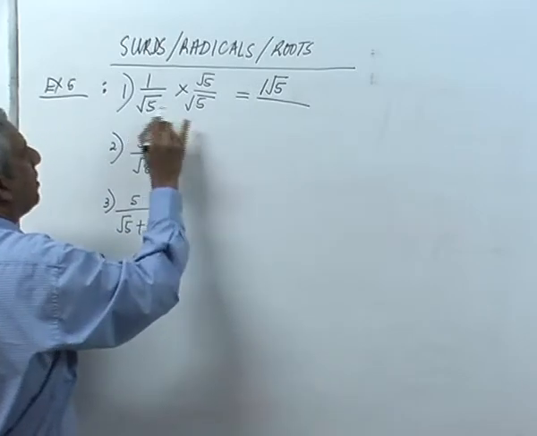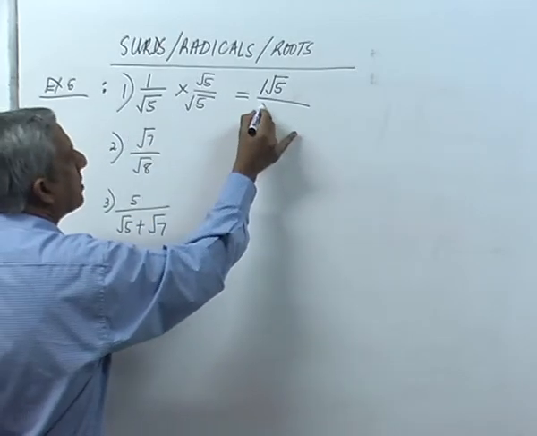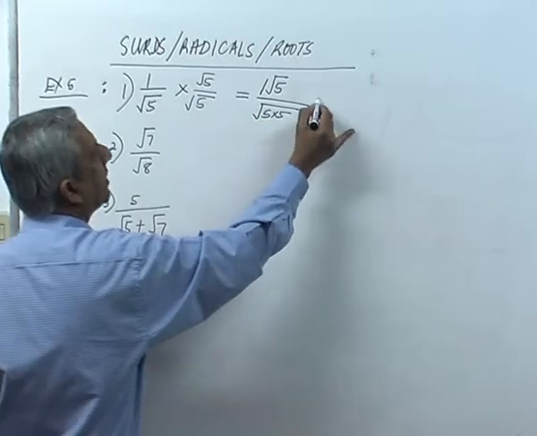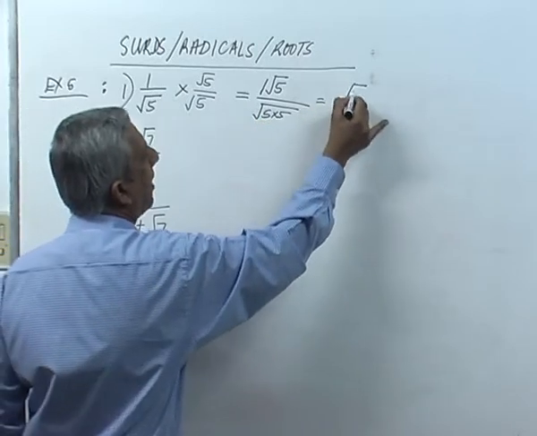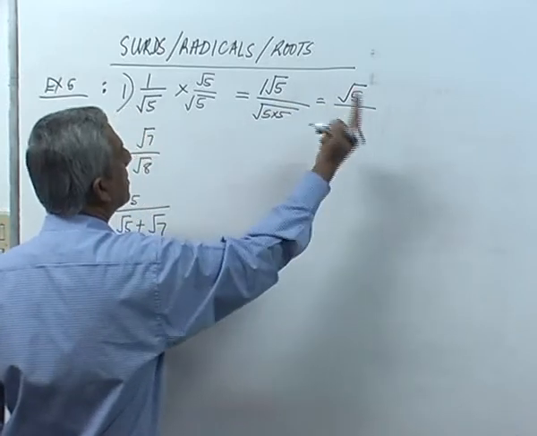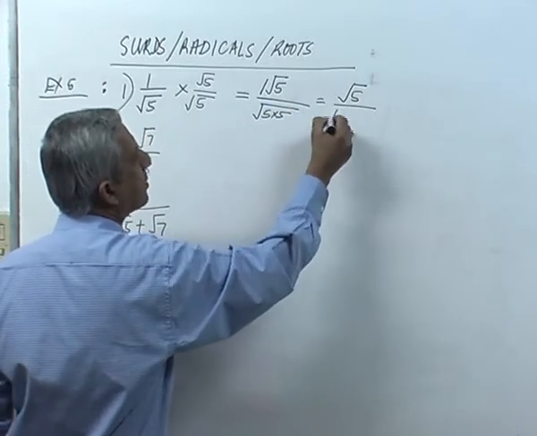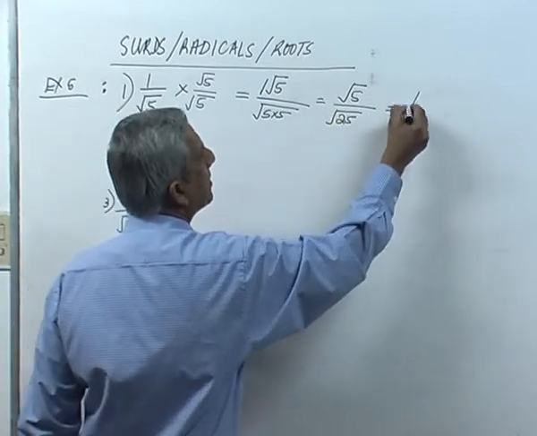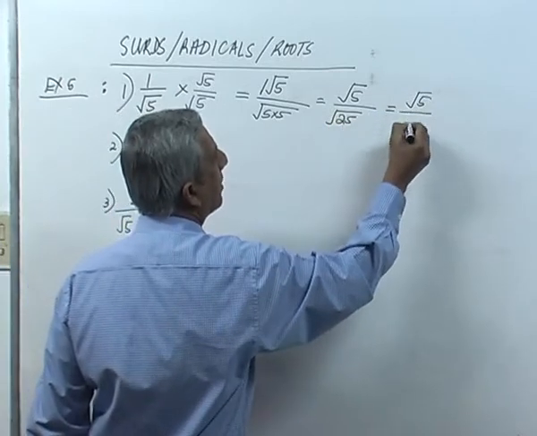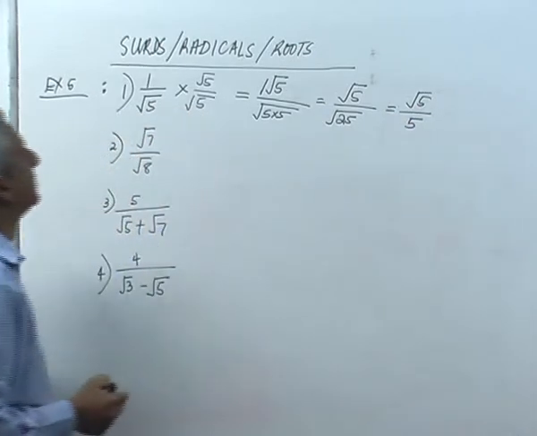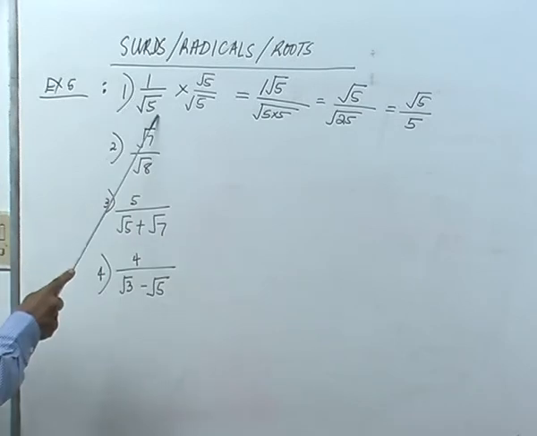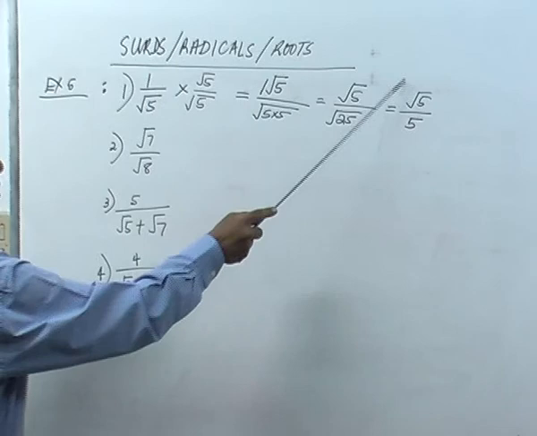1 times square root of 5 is 1 root 5. Over. Square root of 5 times square root of 5 is actually square root of 5 times 5. That gives you root 5. I don't have to write the 1 because it's root 5. And this is really square root of 25, which is really square root of 5 over 5. So, it may look very funny, but it is correct and it is true. 1 over root 5 is actually equal to root 5